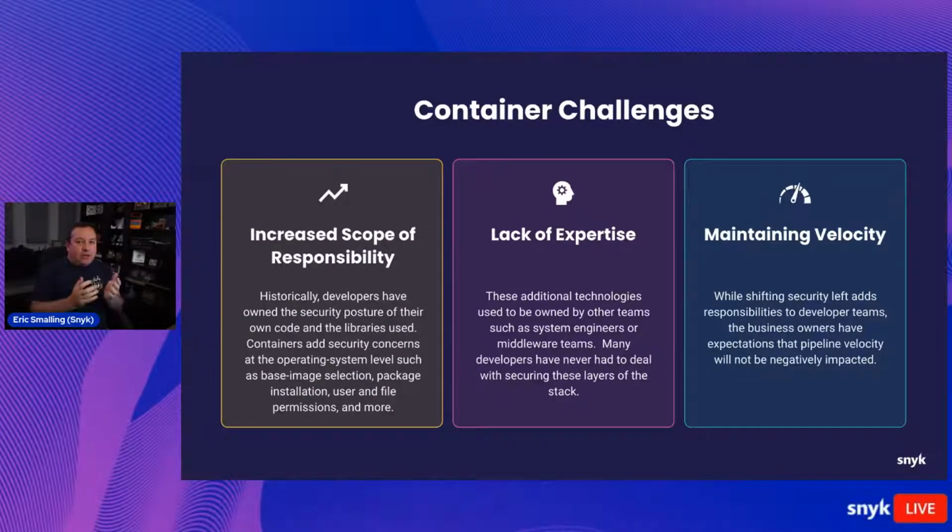DevOps and Agile and the continuous delivery pipeline is all about getting things to market faster, getting your ideation to production as fast and as efficiently and as high quality as possible. Well, when you start talking about security and adding that to a developer's plate to worry about, you can't be slowing down that velocity. Now, historically in our pipelines, security has gotten applied in a CD pipeline, usually late stage,